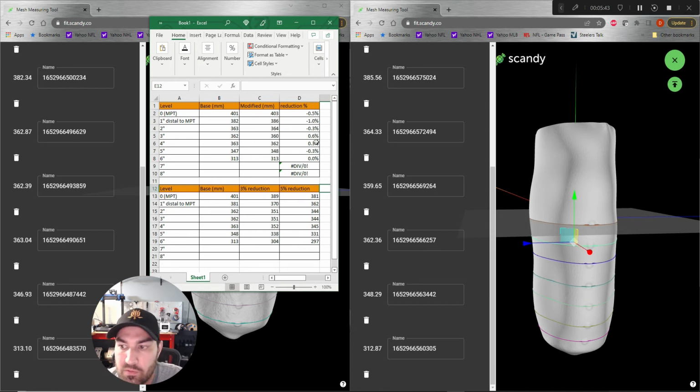You can see my volumes after those modifications. Even though we did those reductions, we also did buildups. So my volume on that socket is pretty much the same. It's mostly unchanged. So what I'm not sure of yet is what these modifications are like, because this is new